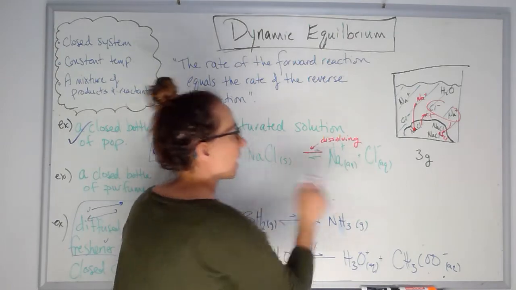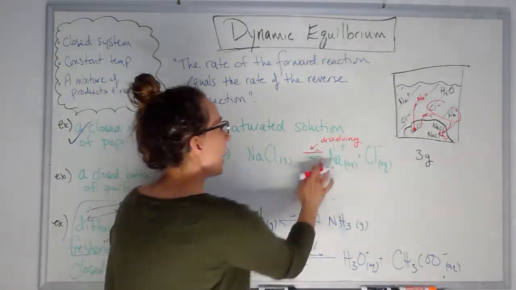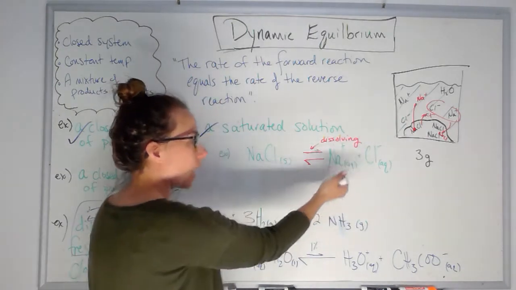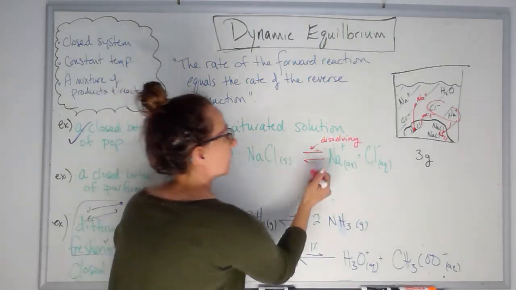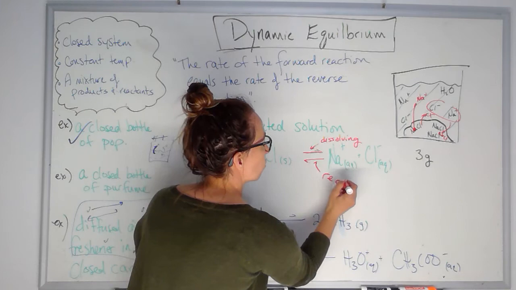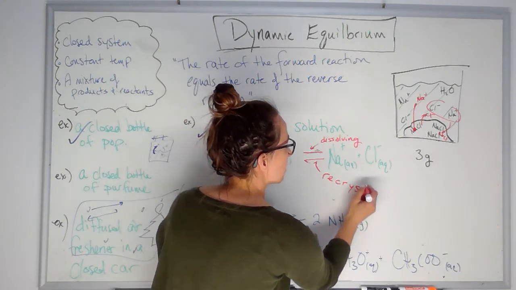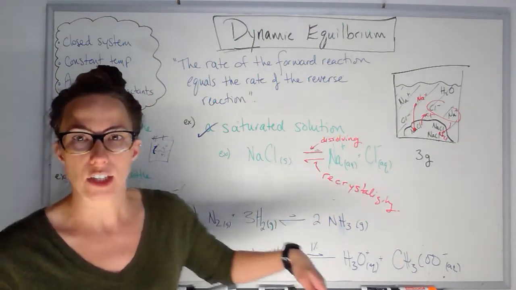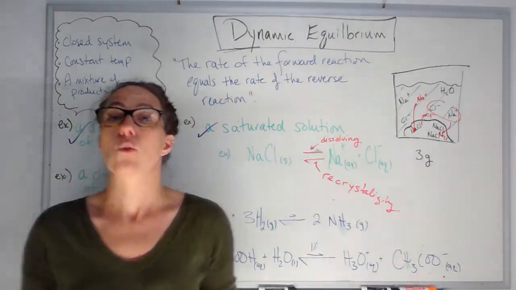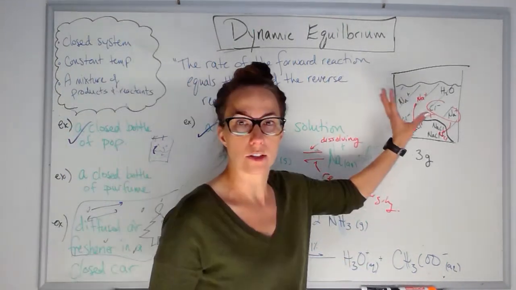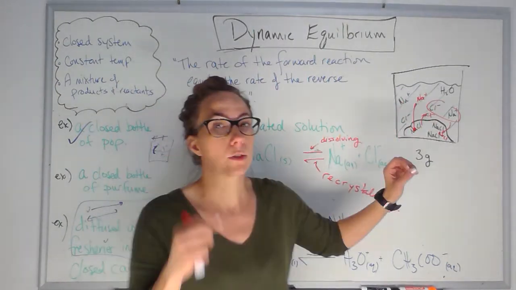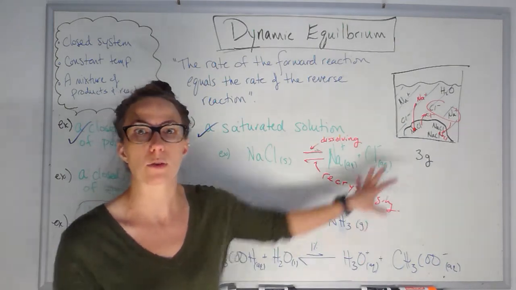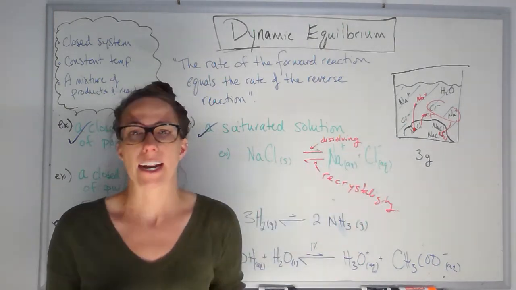This arrow is saying, hey, I'm talking about the forward direction. And this arrow is saying, hey, I'm reading it backwards. And these 2 ions are coming together to form that solid again. And that's called recrystallizing. Right? So I've got recrystallization happening and dissolving happening, and for every 5 that dissolve per second, the rate of the reverse equals that. 5 per second must recrystallize at the same time in order to maintain that 3 grams